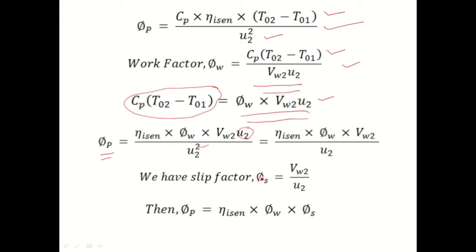We have another term, the slip factor, which is the ratio of whirl velocity to the peripheral velocity. Substituting the slip factor here, the final equation becomes isentropic efficiency into work factor into slip factor. So these are the terms to be considered while